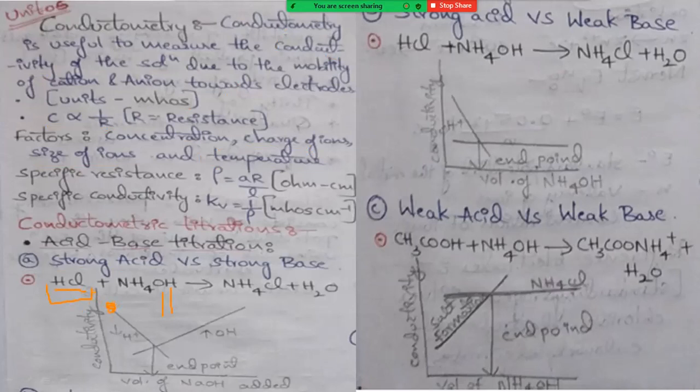Okay, so this is a graph which will explain how this reaction is going on. What is there on the y-axis? On the y-axis, we are taking conductivity values. What are we taking on the x-axis? On the x-axis, we are taking the volume of titrant solution, right? So here the conductivity will start at the highest point. Why? Because we are taking HCl solution. HCl is a strong acid which consists of many H+ ions.